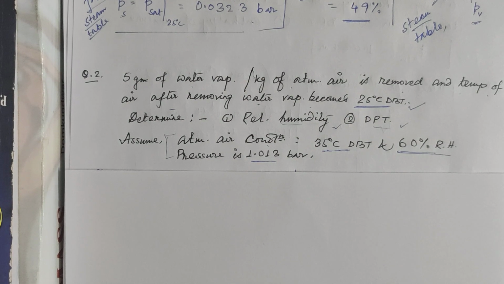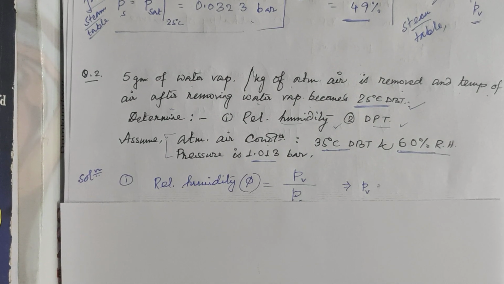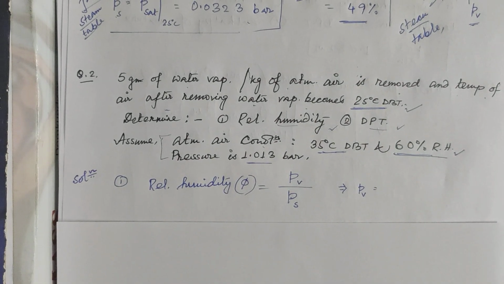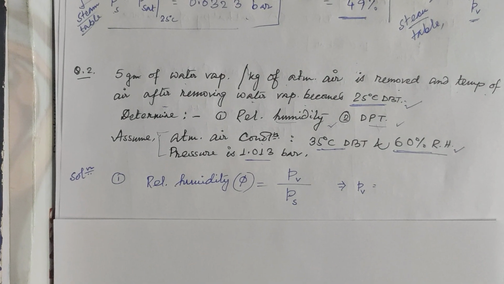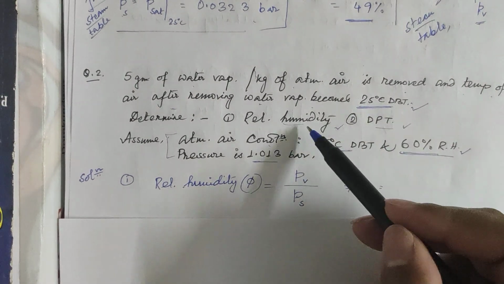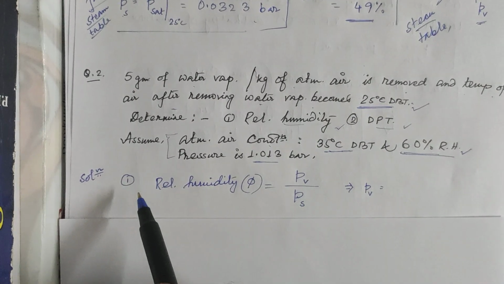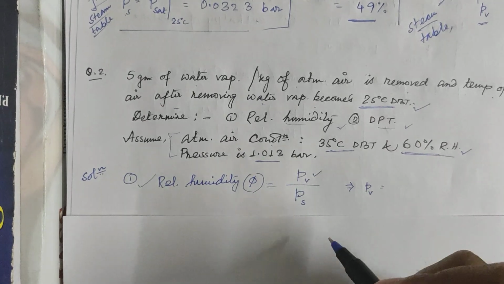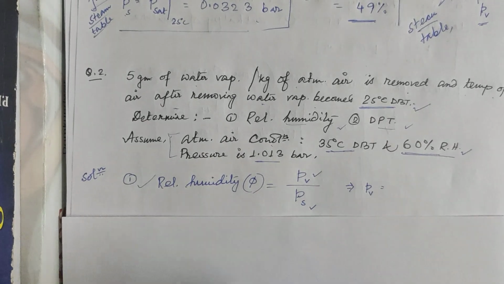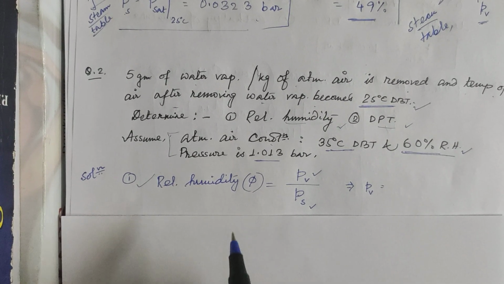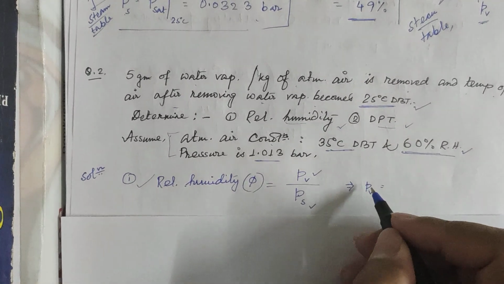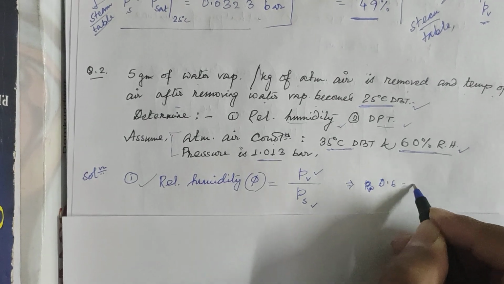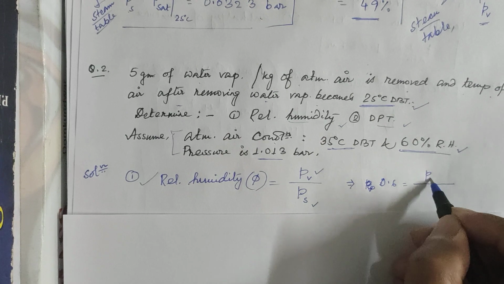So first you have to know what things are given. The normal atmospheric air condition is given as 35 degree dry bulb, 60% relative humidity. You have to find what the relative humidity will be after removal of the water vapor. From the very first definition, relative humidity is the ratio of the partial pressure of water vapor to the partial pressure of saturated vapor. Initially phi is given as 60%, so 0.6 equals the partial pressure of water vapor over